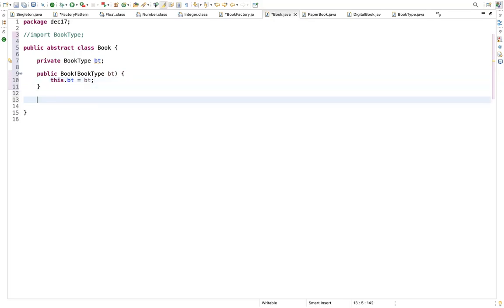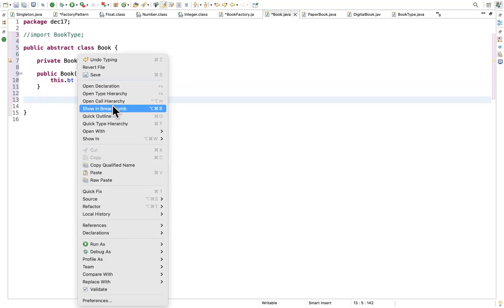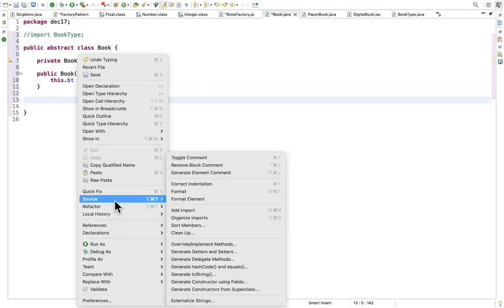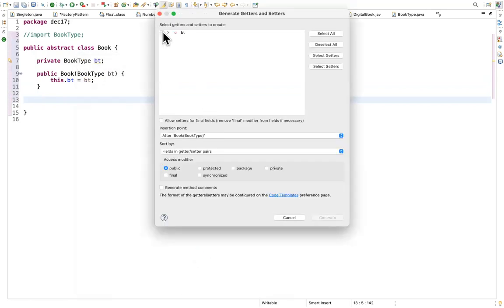Whenever you want to create your getters and setters in the editor, don't type them, Kirpa. In the editor, there is a way for you to create them. Right click on the code in the editor, and go to source. If you come down, there's something called source, right? A little above. Yeah, on the right side, you have generate getters and setters. Click on that. It's asking which variables. If you have multiple variables, you can select everything, or if you want only specific ones, you can select those and then generate. And you can check the access type below. Right now we need only public. So you can just go ahead and create the getter.